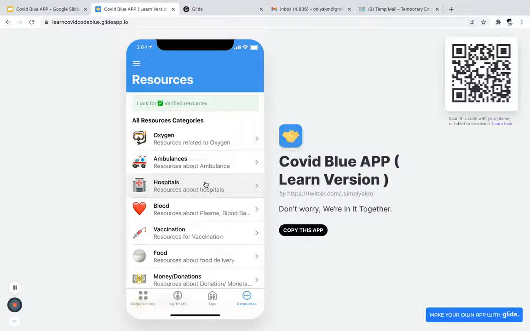Okay, now let's see how to create this app. Remember, we are going to take less than 5 minutes to create this app. What you need to do now is, there's one website called